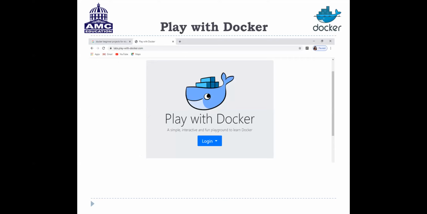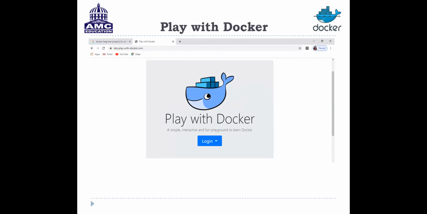As you can see in the slide, once we go through Play with Docker, it will open and show you in this way. As you can see the login, we are playing directly from online. Once you click on Play with Docker, you have to give your Docker ID and password.